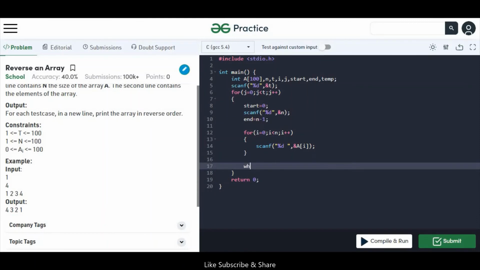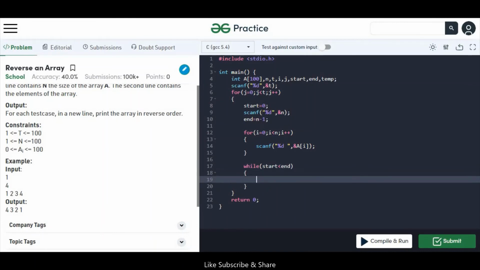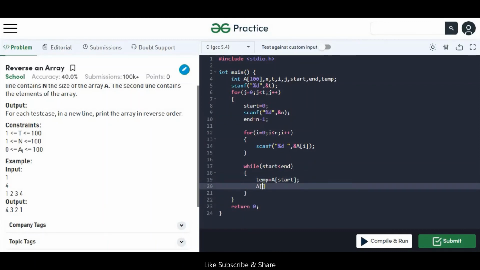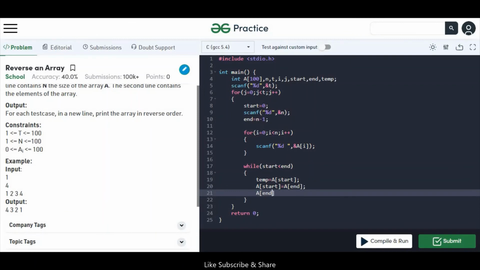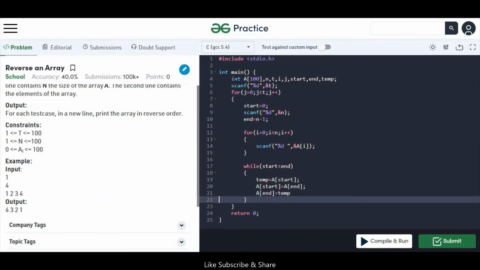And take a while loop: while start is less than end, temp is assigned array of start, array of start is assigned array of end, and array of end is assigned temp.